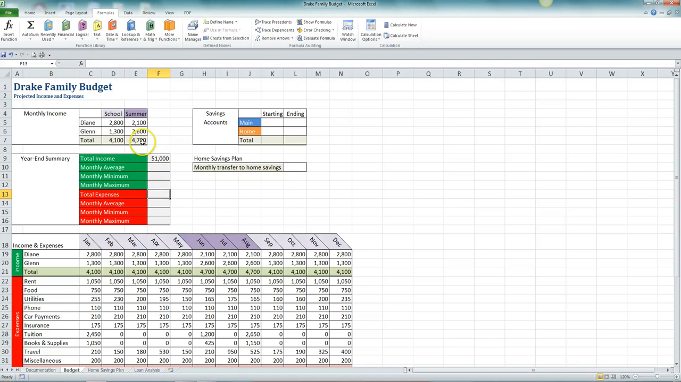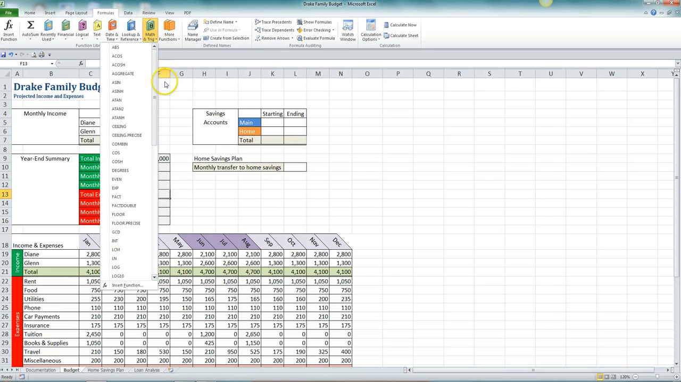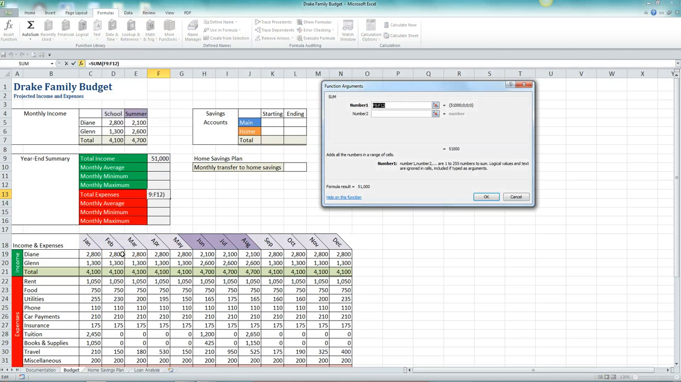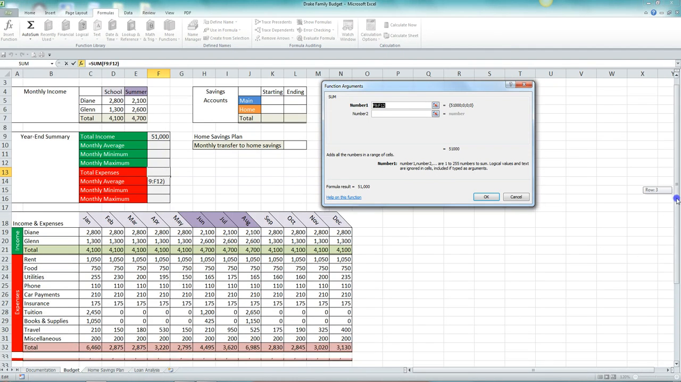Okay, so Math and Trig, scroll down, Sum. That opens that nice function arguments dialog box, and now we have to tell it what to sum. We want to select C32 to N32. So I've got to scroll down. I can't see mine. And these are the expenses down here, C32